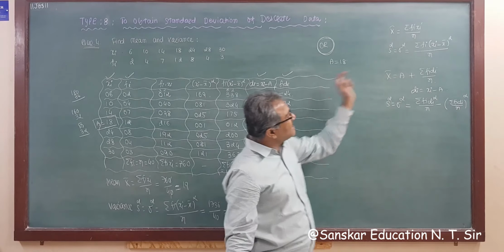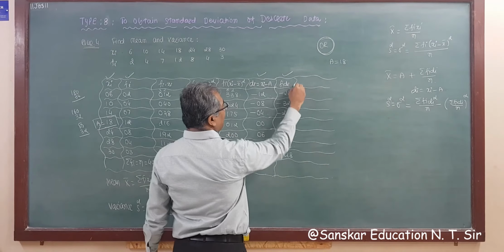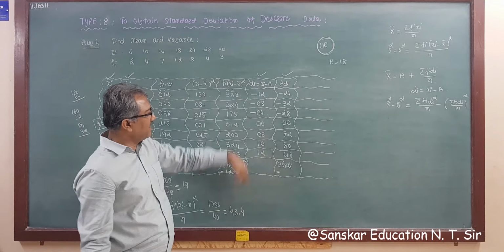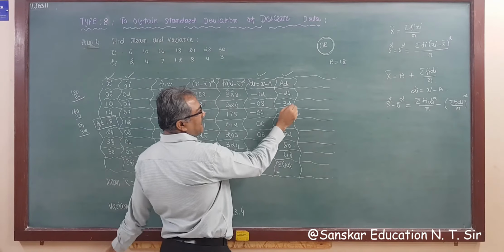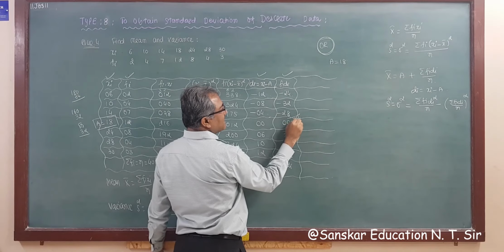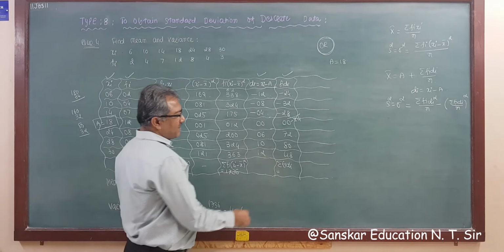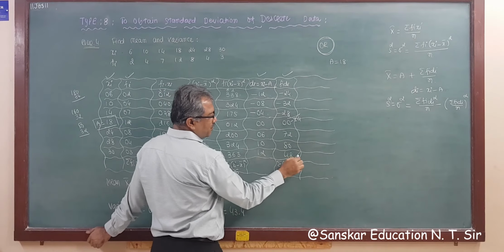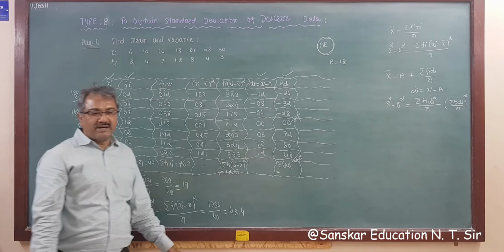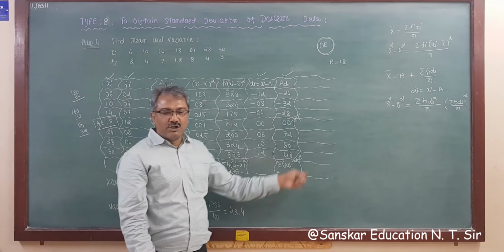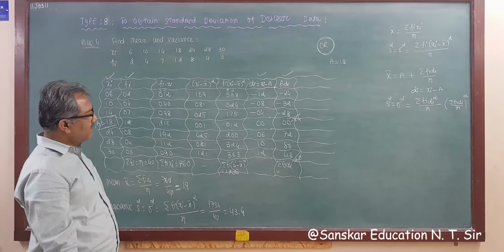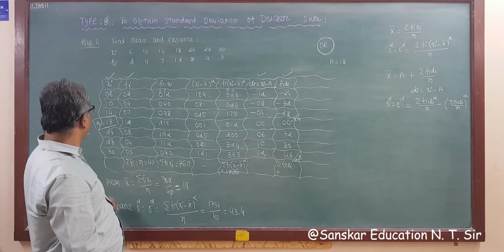So you require the sum of this fi di. So sigma fi di is equal to the sum of this. First of all, the sum of the negatives is 8 plus 2, 10, 14, 4, 1, 3, 6, 8. So this is minus 84. The sum of the positive numbers is 8 plus 2, 10, 0, 1, 8, 16, 20. So this is 200. So 200 minus 84. We are making some mistake, fi di.